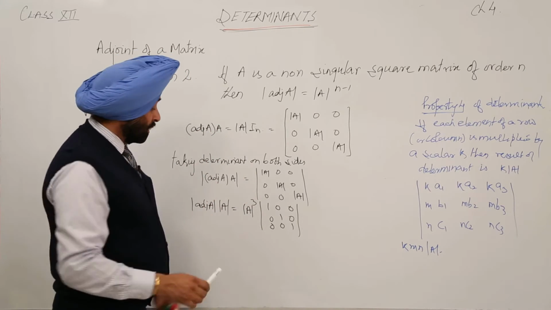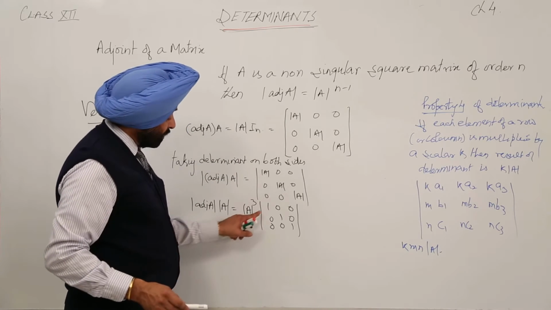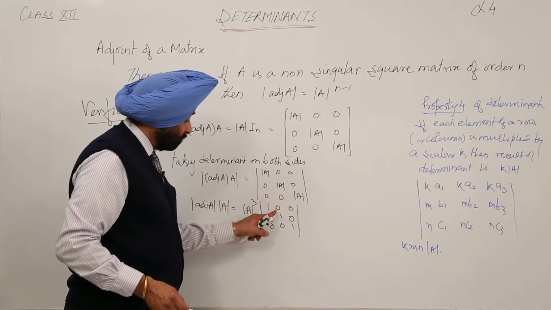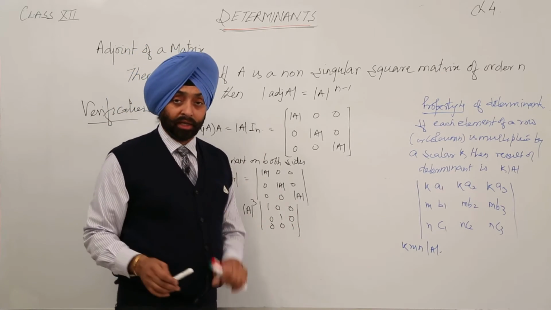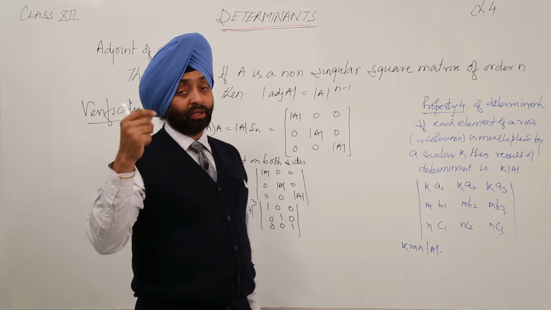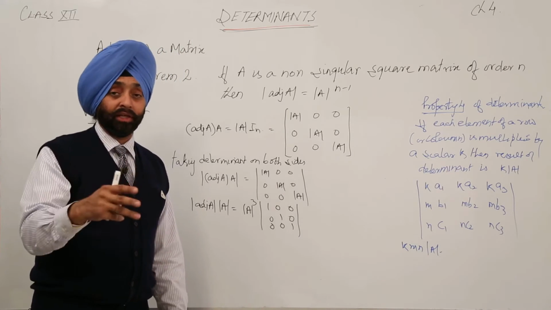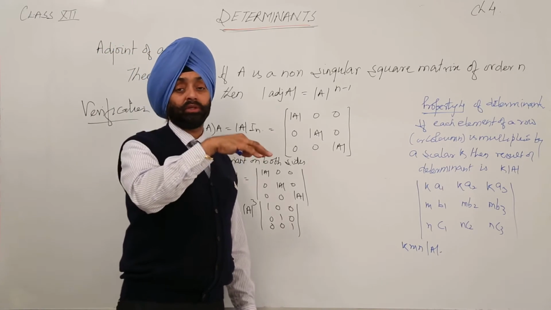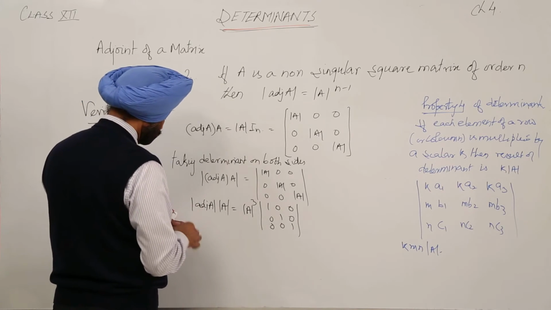In the other sense, if determinant A is multiplied with this part, it becomes determinant of A, then 0 with this one, 0 with this one, again 0, 0. So remember this thing: we can take 3 different commons from 3 rows at a time and 3 different columns from 3 columns. Okay, so after this now it becomes